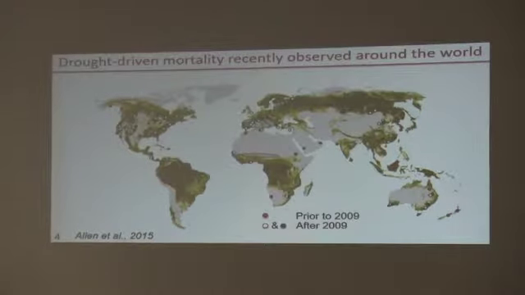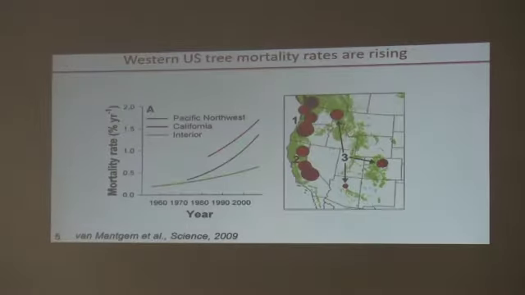So that's not an exhaustive list by any means. It's just places where researchers happen to have data or happen to be able to get to it pretty quickly and then publish a paper on it. And you see just since 2009 with the red dots, you've basically got observations of this across all the major continents, and even more if you look at the literature further back. So it's some indirect evidence that there's a lot of these events, and indeed these events seem to be getting